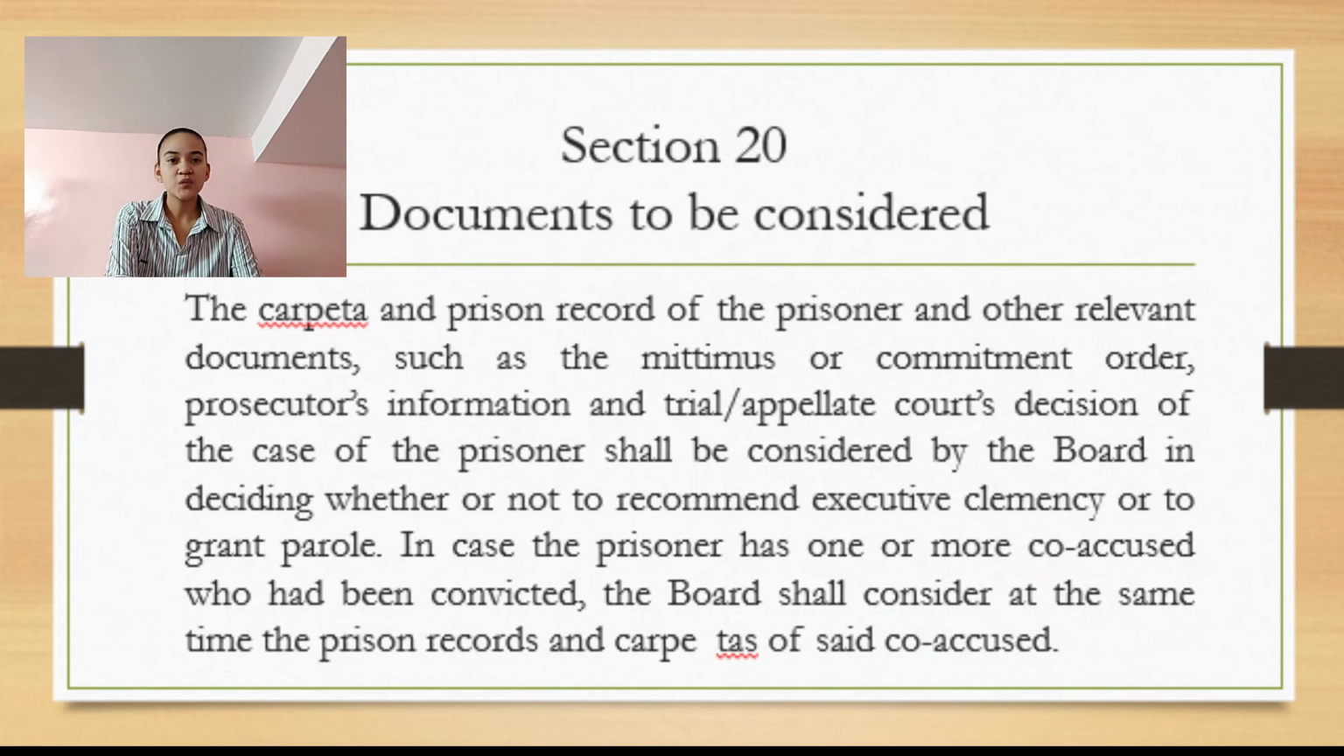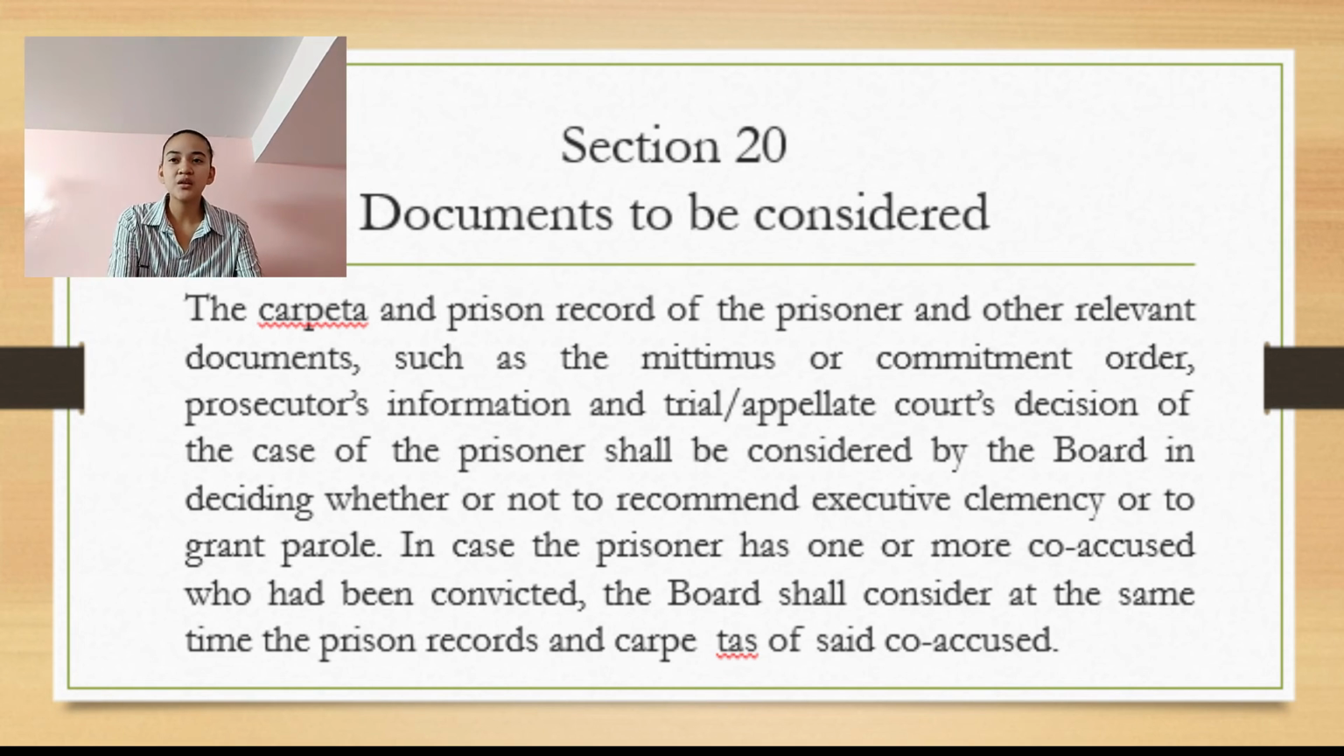So, in case that the prisoner has one or more co-accused who had been convicted, the board shall consider at the same time the prisoner records and carpetas of said co-accused. Therefore, this section refers to the fact that in order for a prisoner to be recommended for executive clemency or to be granted a parole, necessary documents shall be considered, such as the